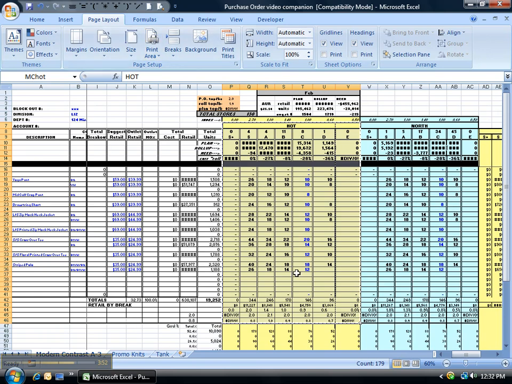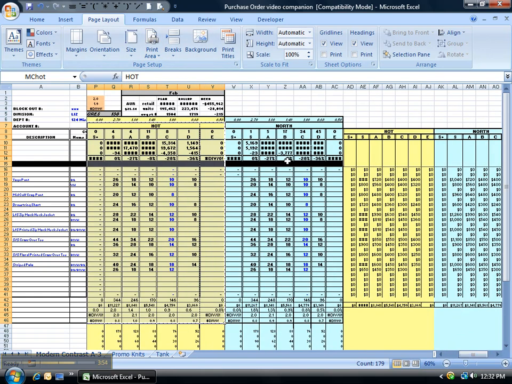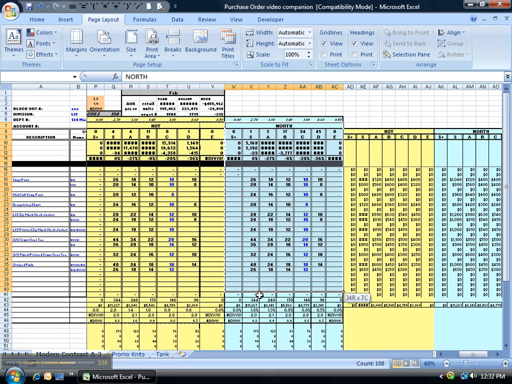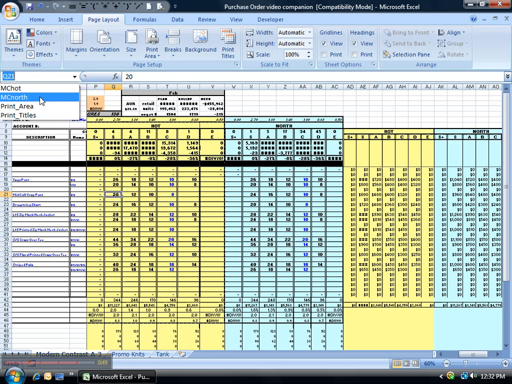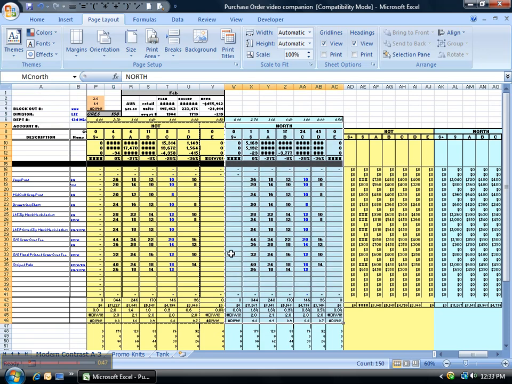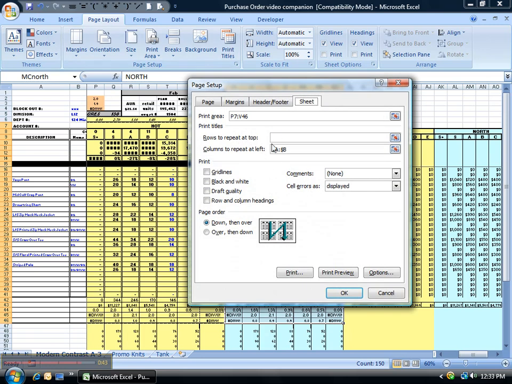I could do the same thing for this north area. I'm going to highlight this blue range here. From north down, I'm going to give it a name, call it MC North. Again, no spaces in range names. Enter to lock it in. Check to see if it works. I'm going to hit my drop down arrow, choose MC North, and it selects it. Make sure my print titles are still there, and they remember it from last time. And then if I go into Print Preview,